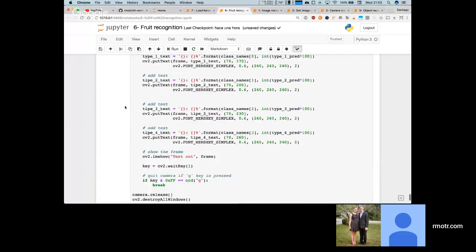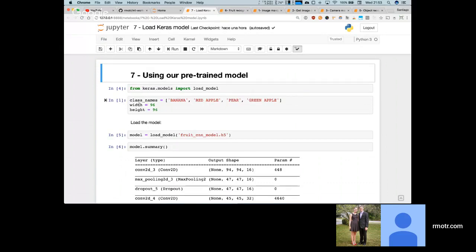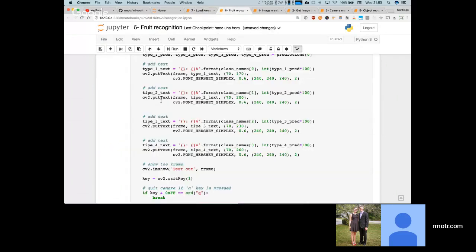So that is, again, the model working live. Guys, we've trained this model live. We didn't have this plan. I was actually going to use something different, loading the pre-trained model, right? So something you guys can do here,